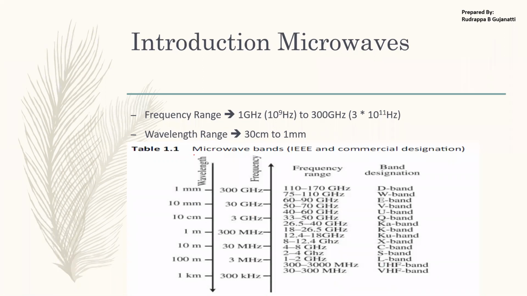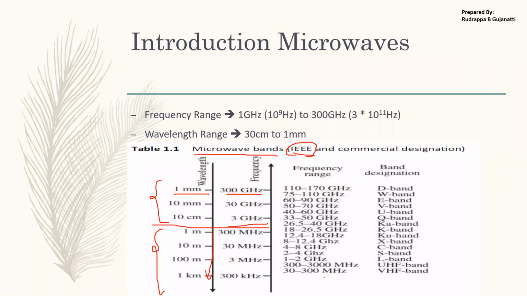So here we have some of the microwave bands, which are given by the IEEE. Here, if we look, wavelength is in terms of, say, 1 meter. If I go from 3 gigahertz to 300 gigahertz, you can see that it is in the range of 10 centimeter to around 1 millimeter. Now if I go below, say 300 megahertz, these are the wavelengths we have specified. This is as per the IEEE specification.